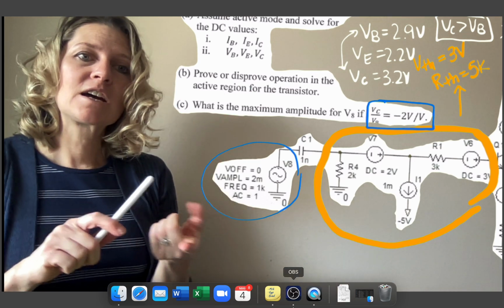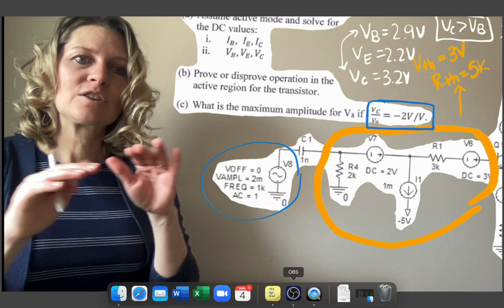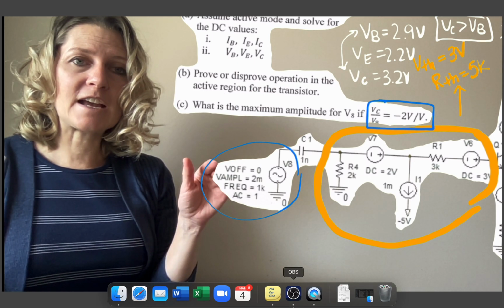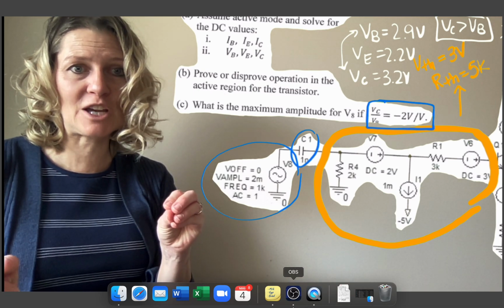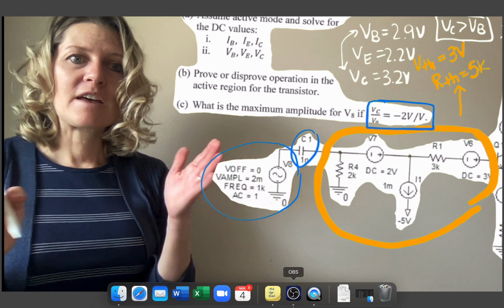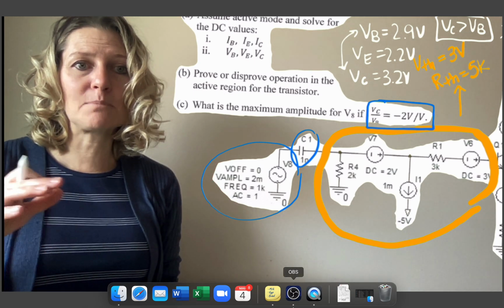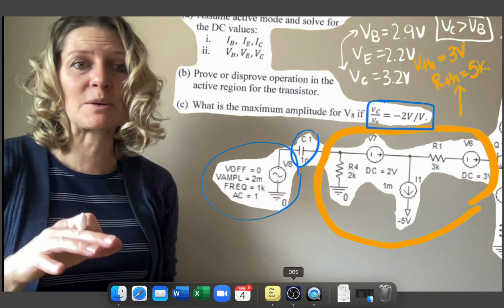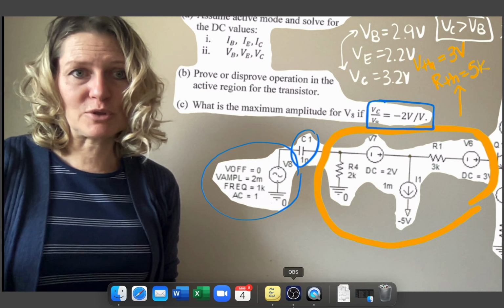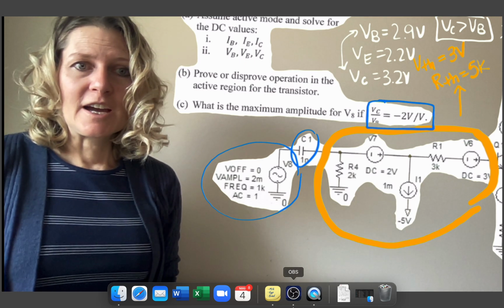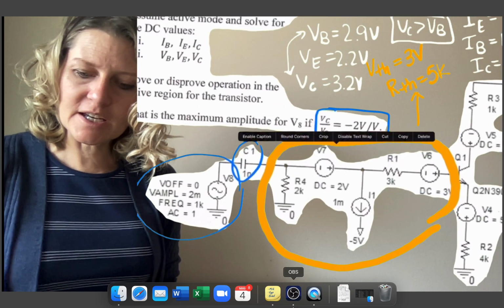This means that I plugged in the hybrid pi for this circuit, analyzed that, and short-circuited all of the capacitors in here. So this one was shorted to solve for that amplification, and I get that one value. That means that as long as it's in its operating region, I should get a minus 2 volts per volt for whatever input. If I put 1 volt in, I should get minus 2 volts out as an amplitude. So what happens if I do that is that if my output is taken at VC,